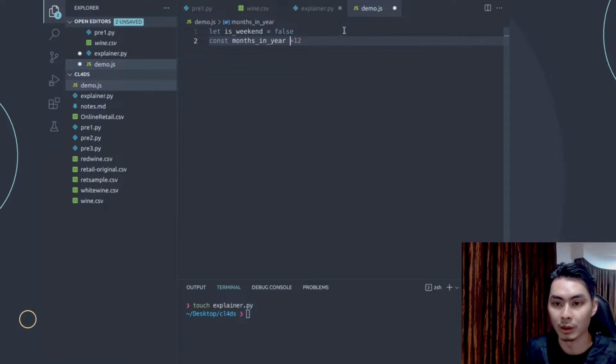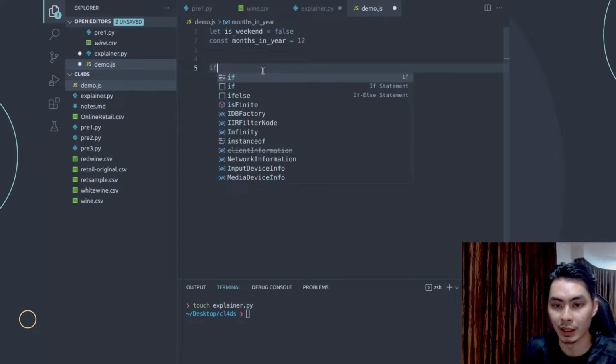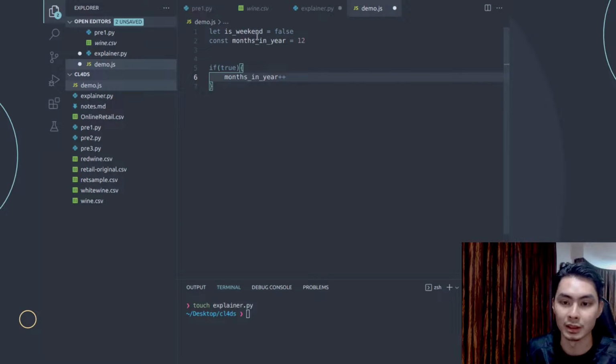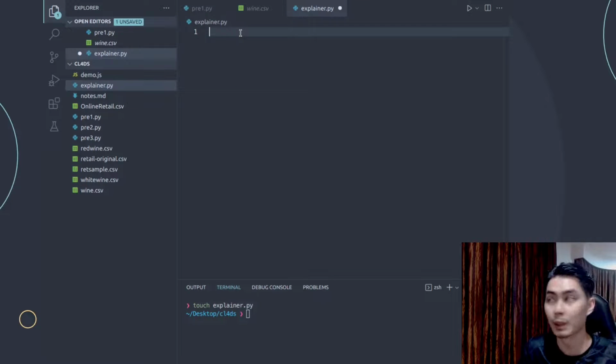And because this is const, if you try to run this in JavaScript and then you try to alter the value, for example, trying to take this value and, let's say, again some if condition, if true, then you have something like this, and you say plus plus, that's gonna just add 1. It's gonna complain, it's gonna yell at you and say you cannot do that, this is a constant, you can't change the value, right? So let's go back to Python